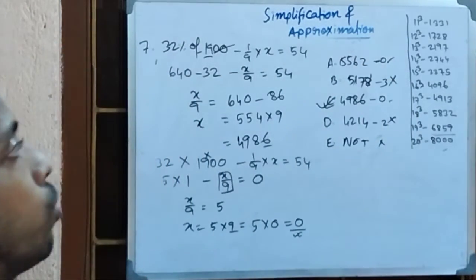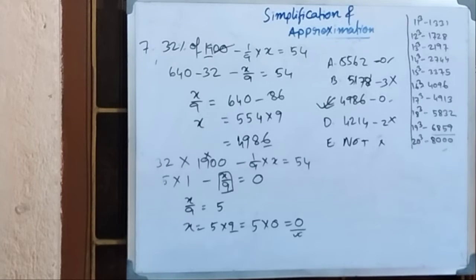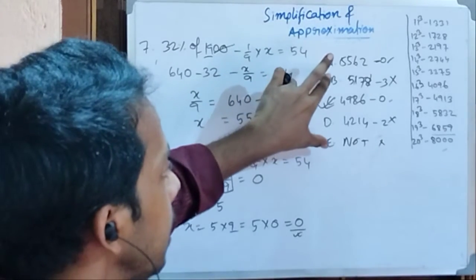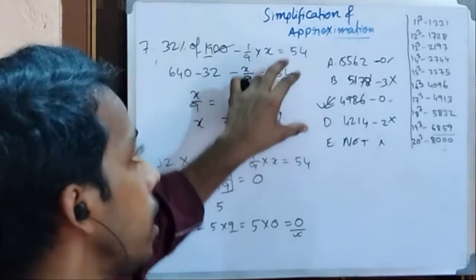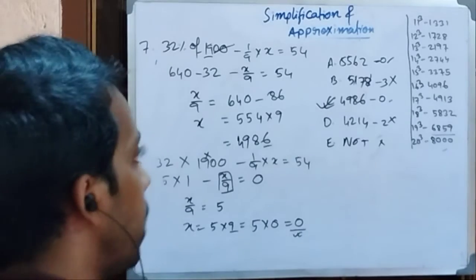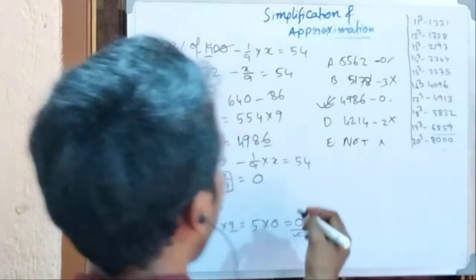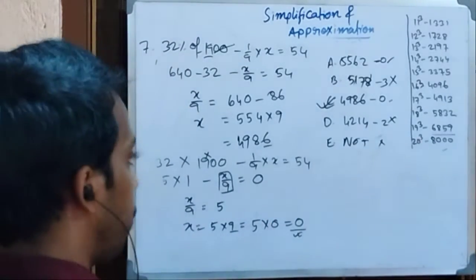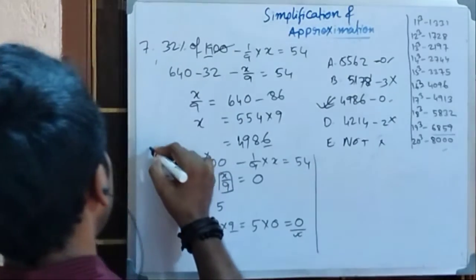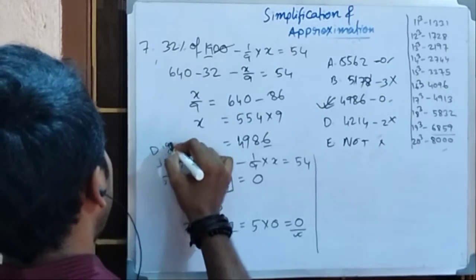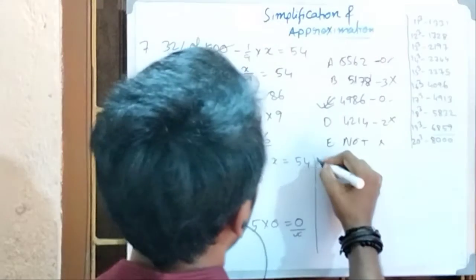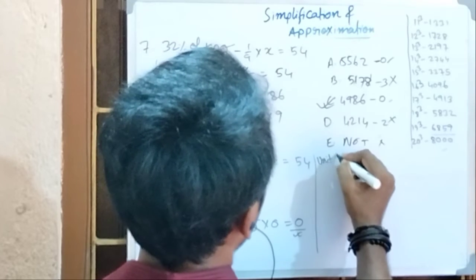So how will we move ahead? Only doing digit sum does not serve the purpose. Yes, definitely it is cancelling the rest of the 3 options. This is okay, but in these 2 options, option A and option C, which is the correct one? Now you have to move to the unit place value. Okay, unit digit. So what's the unit digit purpose? This is digit sum, and now we are moving to unit digit.